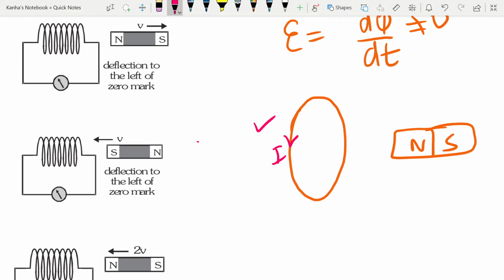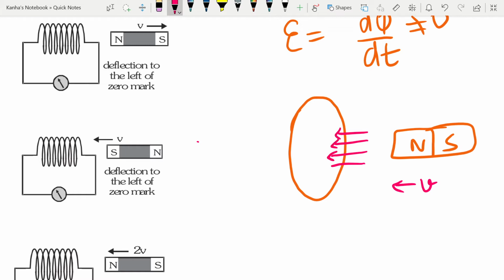When the current is in the opposite direction, what you see is there are magnetic field lines coming out of the plane. Okay, now with this in mind, we just apply Lenz's law. So when I try to move my magnet towards the system, because the north pole is going in, the number of field lines that are entering the system will increase, due to the velocity.